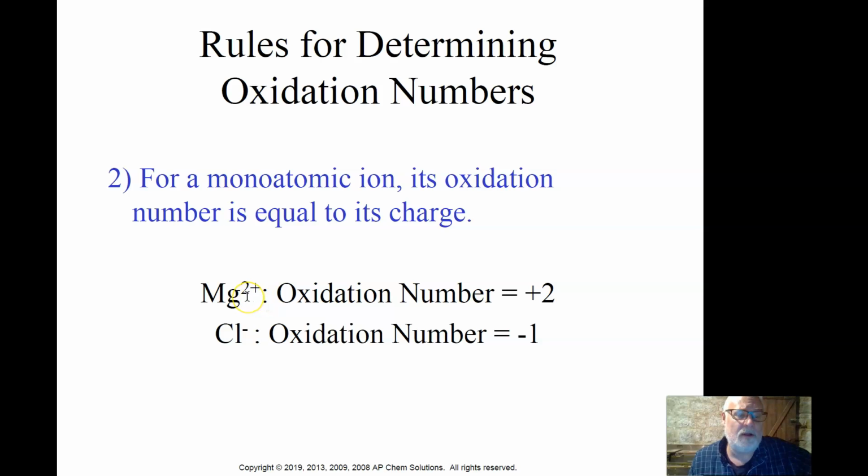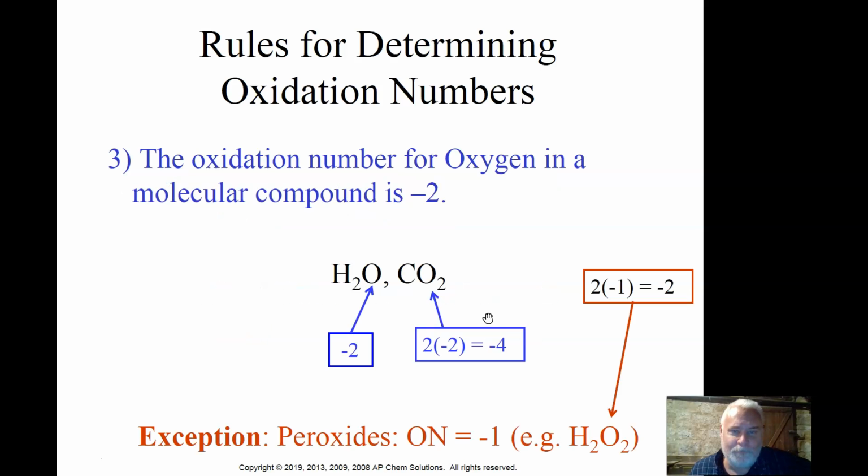I've been telling you all along that that's a +2 charge and a +2 oxidation number. So purists will show the difference between a charge and an oxidation number by writing them differently. I'm not a purist on this topic, okay? I'm picky about a lot of stuff, but not that. All right, so